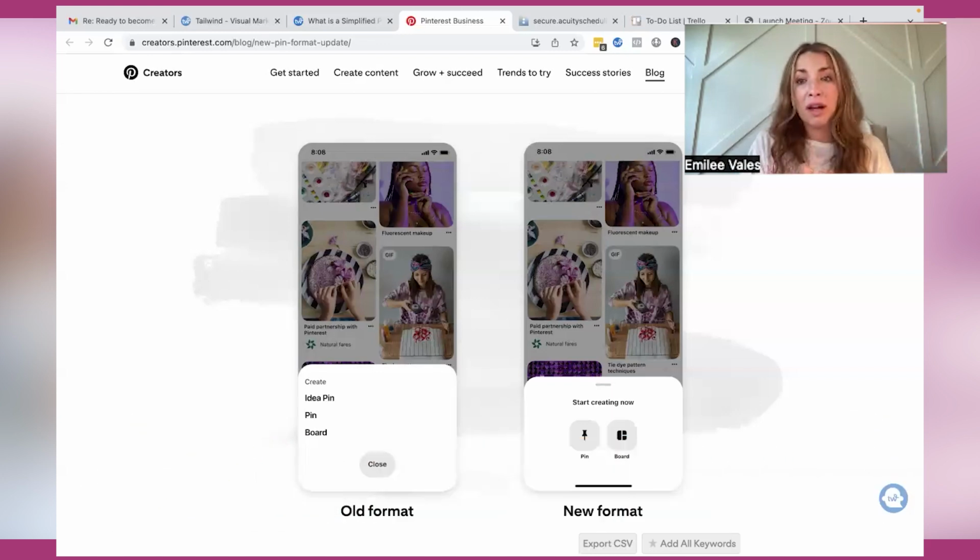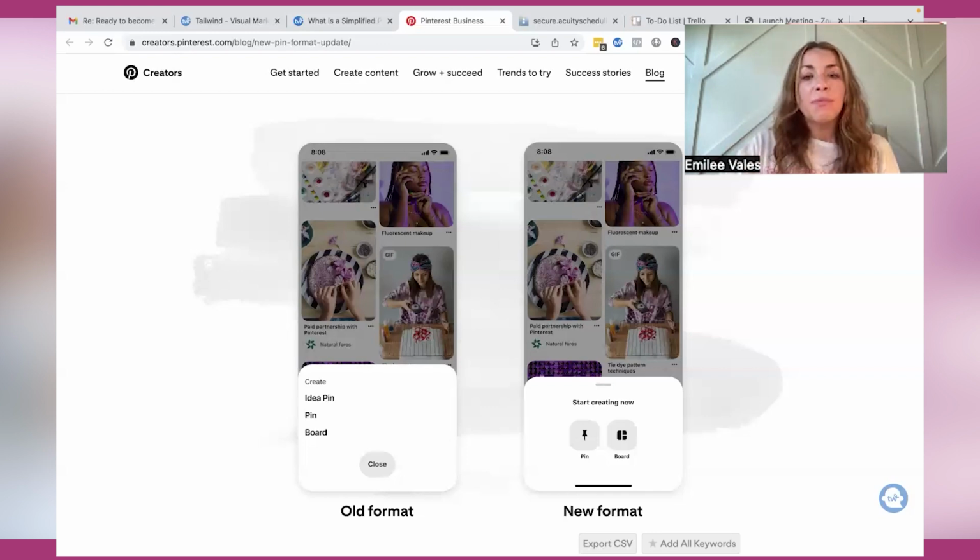This is information provided from their site, but I love how it gives the visual description of the changes that are happening, and I think it helps us wrap our mind around it. And so instead of me sitting on this episode and explaining it to you, I love as much as possible to visually show the differences, what this looks like, because I think it just makes it easier to